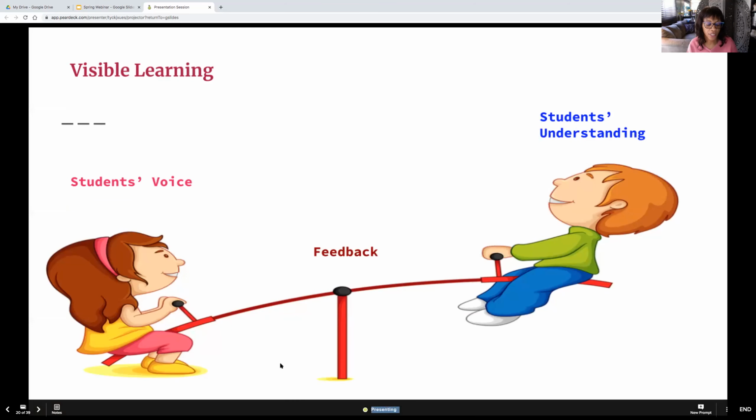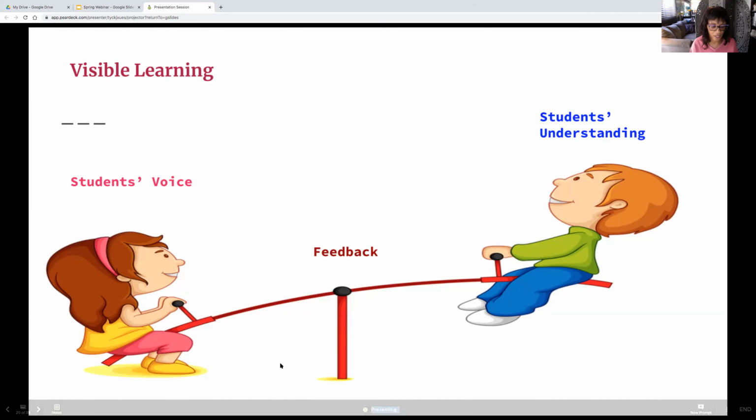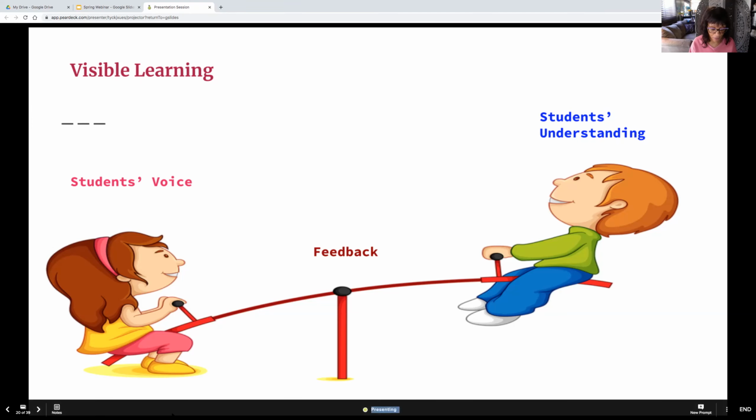So after looking at visible learning and how it affects the learning process, I thought of it as a seesaw. Feedback is that hinge that allowed the students, like I said prior, to have a voice about what they really don't understand. And as a teacher, we can guide them to a place of not really understanding to, I kind of get the information, but maybe I need more practice. It is like a fulcrum to where they could be and where they are. So I think that's very, very important.